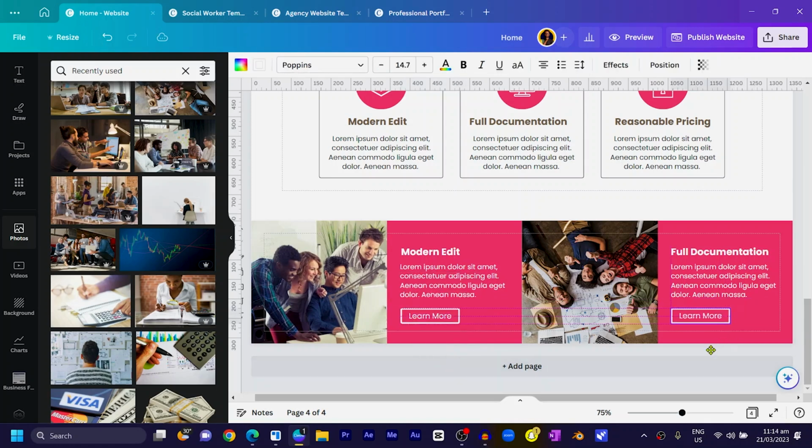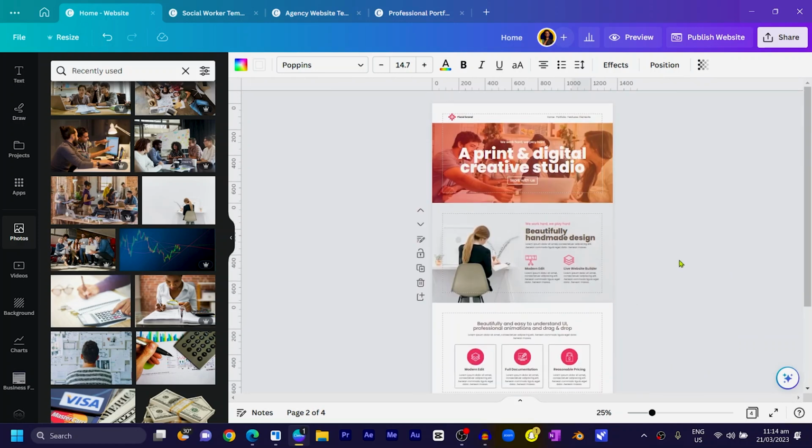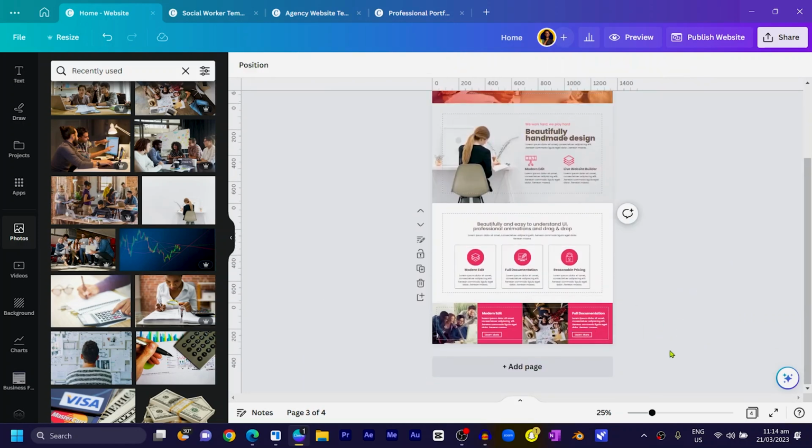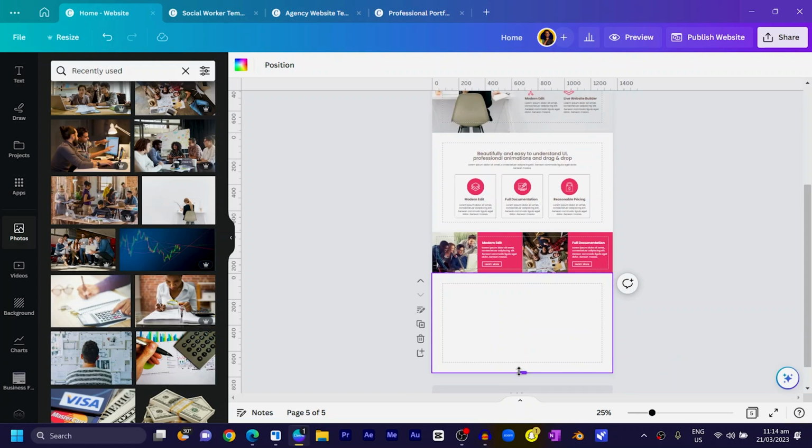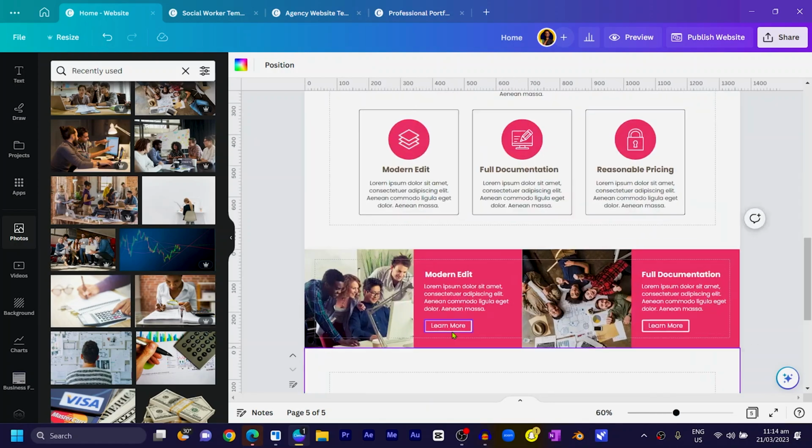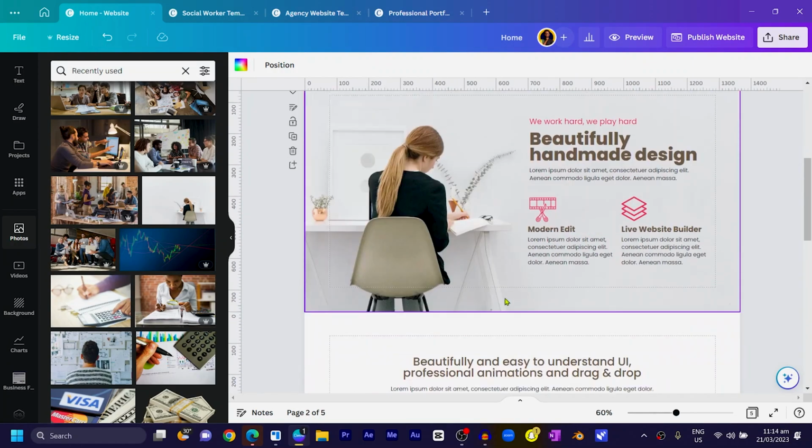Okay, so yeah, we'll just position it over here, reduce it, and this is our website so far. I think this is lovely. I really love this. Click on a new page and we are going to be adding a gallery, and we'll be wrapping up shortly. I think we have 2 or 3 pages more to go, and yes, that should be it. Right, so for the gallery, what we are going to do is we'll just come up here and I'll